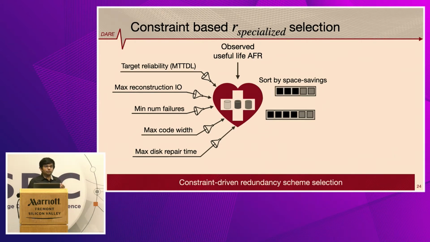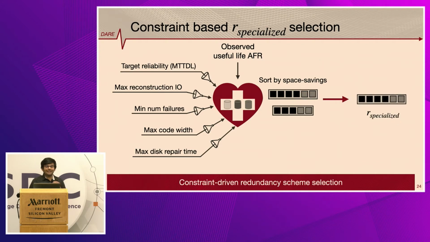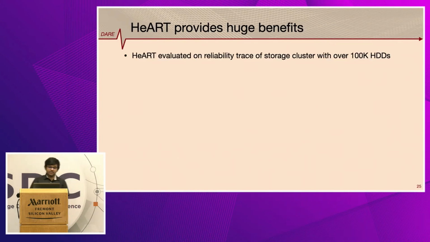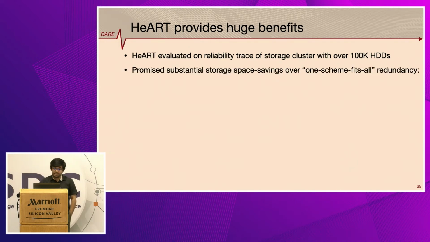From among those, you sort them by increased space efficiency or lower space overhead, and use that as the specialized scheme for that make model in that make model's useful life. Okay? So HART provides huge benefits. It was evaluated on storage cluster traces of clusters with over 100,000 disks. It promised substantial space savings over one scheme fits all redundancy, which is what is practiced today, up to 33%